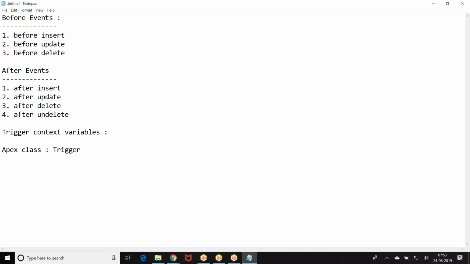There is an Apex class called Trigger. In this class, I have static variables. What are the static variables we have? Because they are static variables, we call them with the class name: Trigger.new, Trigger.old,